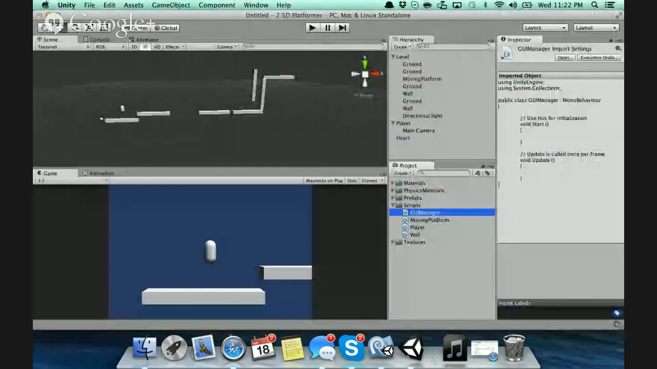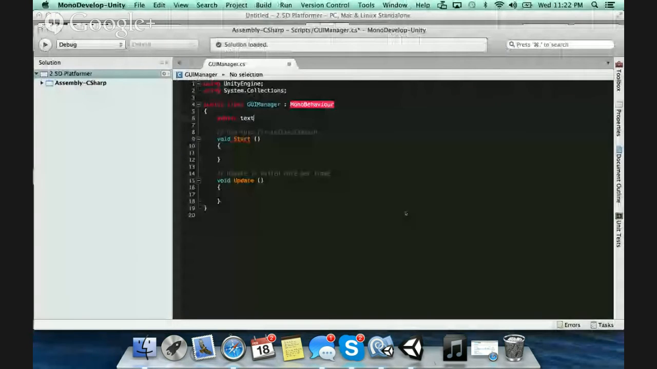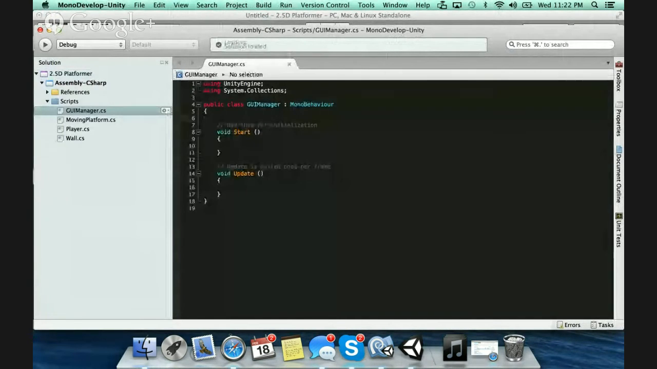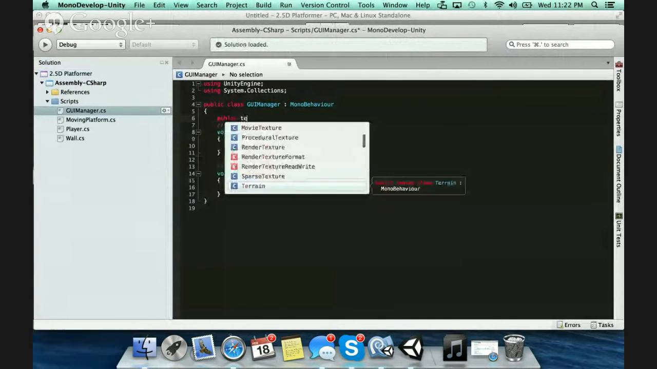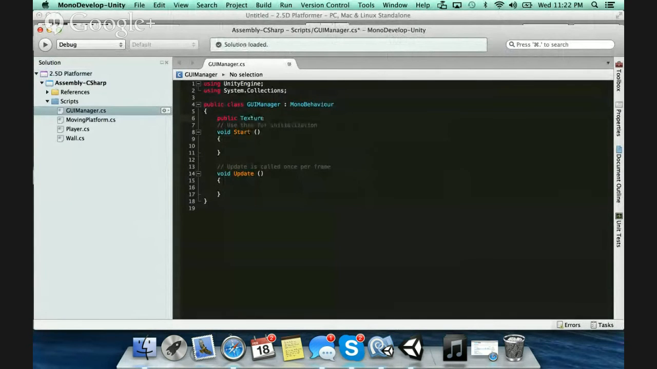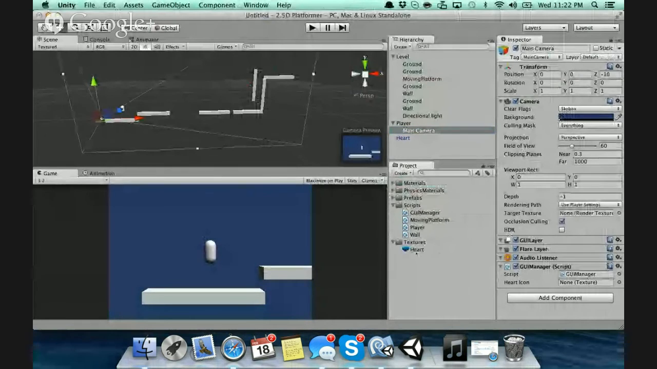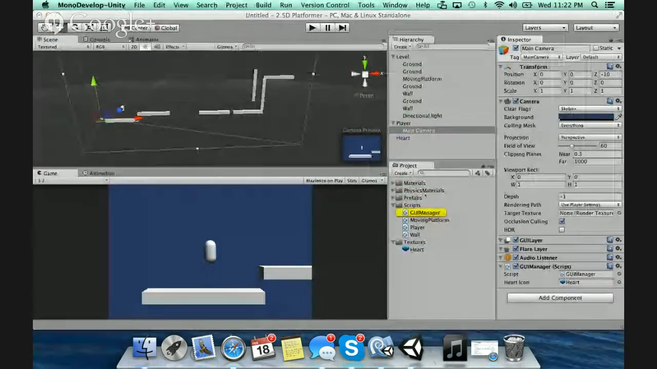mistake. Save the changes to document GUI manager, don't save. All right, here we go. So I'm going to go ahead and say public texture, and then say heart icon. In camera, I can add my heart icon right down here. All right, that's what I'm going to do. Textures, heart. All right, now that I have the heart icon there, what I can do is go ahead and